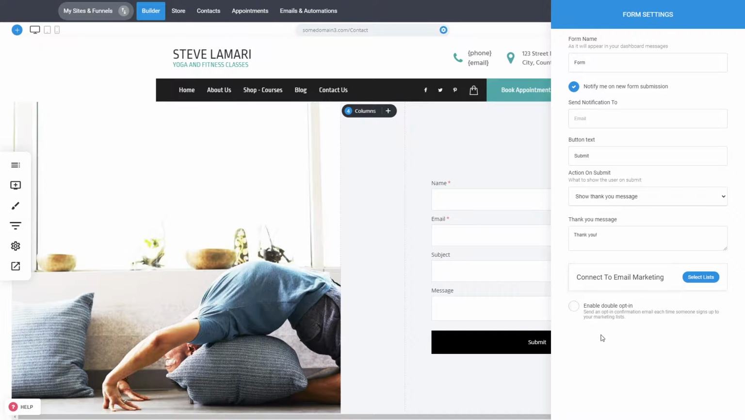You now also have the option to enable double opt-in. What is this? If somebody submits the form, by having a double opt-in, they will not be added to the list unless they click a link in the email. Why do you want to do that? Because a lot of people are sometimes submitting false information, so the email might not be theirs, or it can be spam or something like that. So you don't have to add all these people and have a bad reputation for your sending